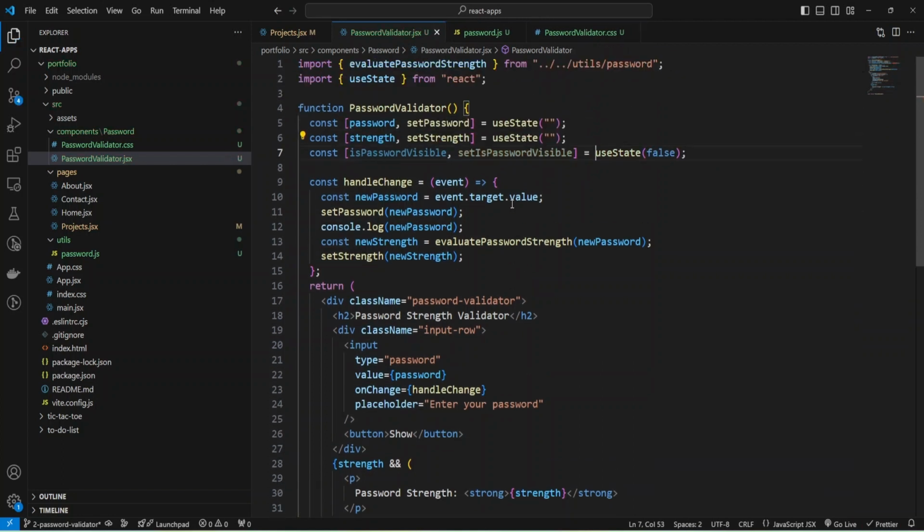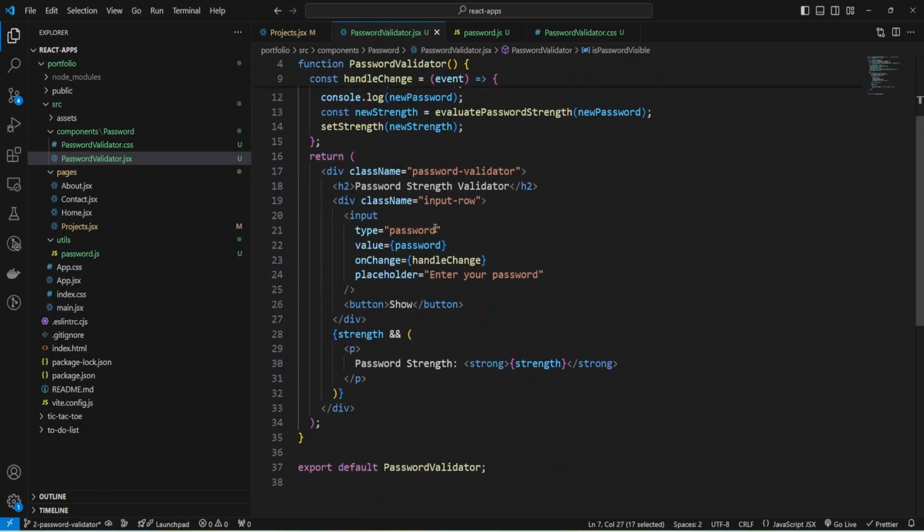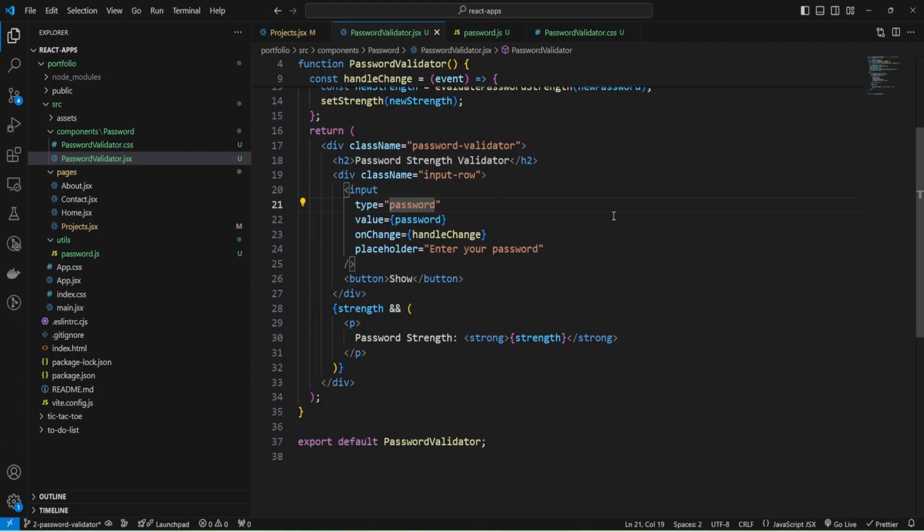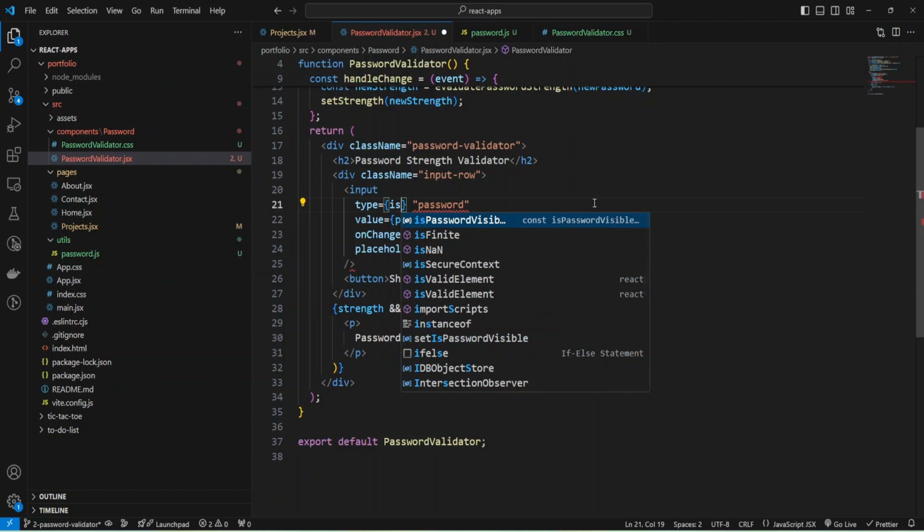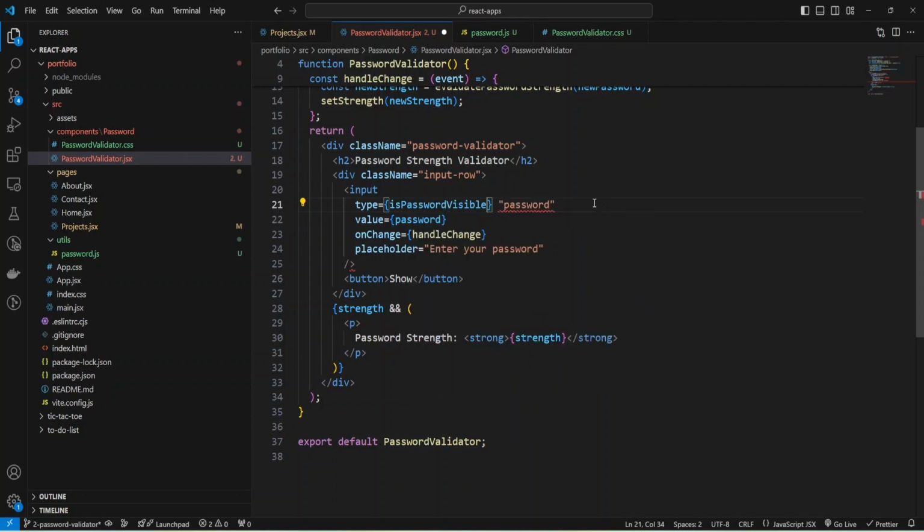And now I can check if password visible inside my input, and depending on the variable, the type of input will be changed. And let me add the code. If we have its password visible, and if it's visible, then we provide just text, and it will show us the password, and otherwise it will be hidden and will be just password.